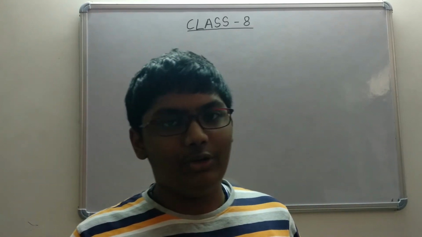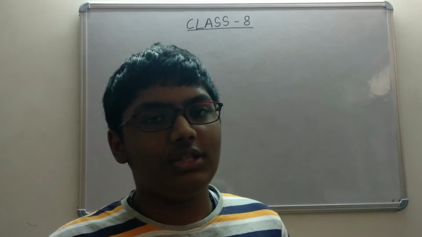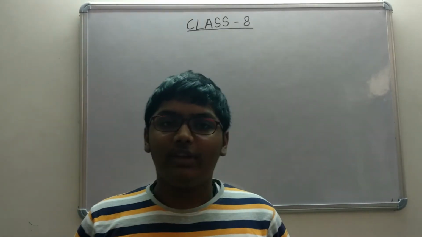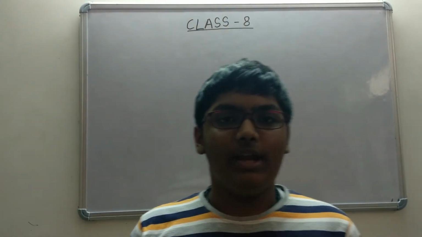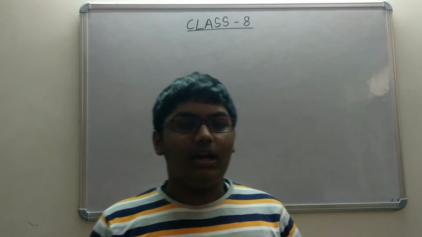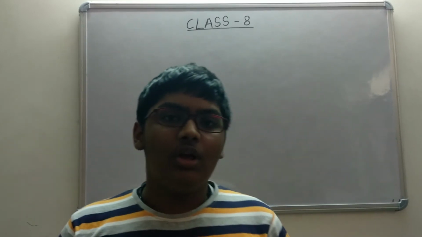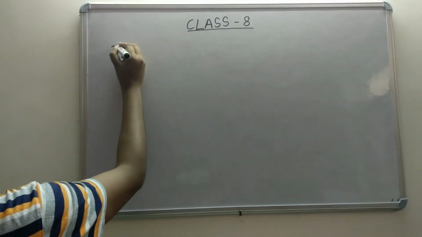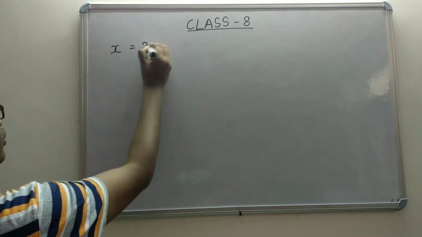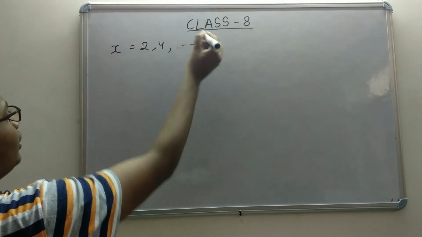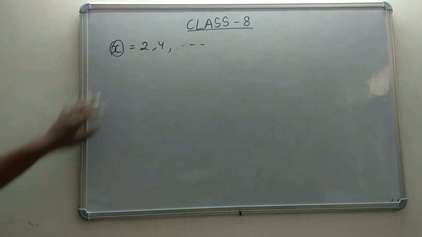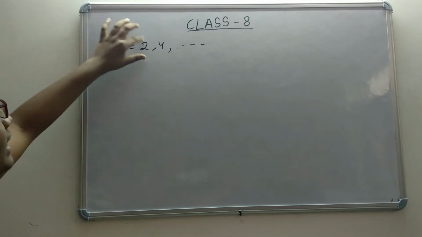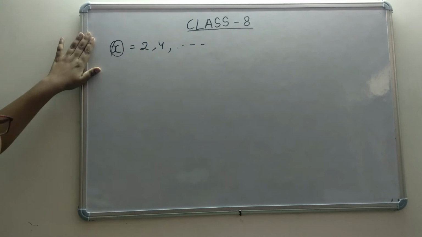I will be teaching you class 8 topic, second chapter, linear equations in one variable. Okay, first of all, what are variables? A variable is any alphabet or any symbol which does not have any value of its own and it can take any value. So it's kind of a storage of values. For example, I take x. So x can be 2, 4, anything you want, you can keep it in x. Anywhere you can keep inside the x. So it's kind of a storehouse in which you can keep any value of the symbol or the alphabet.